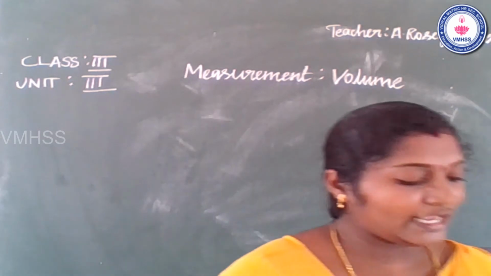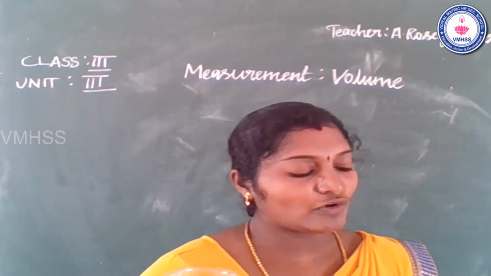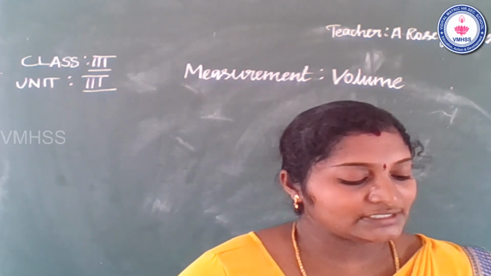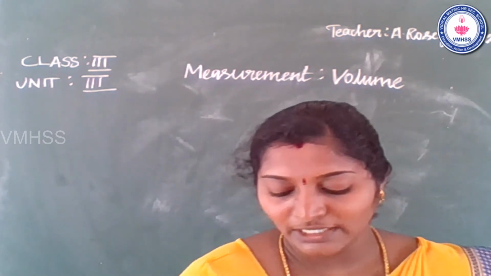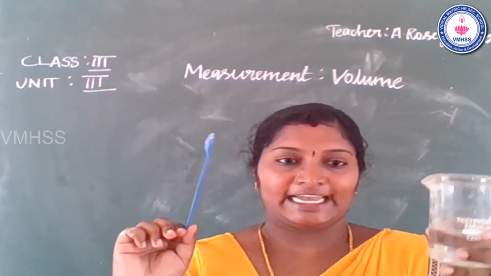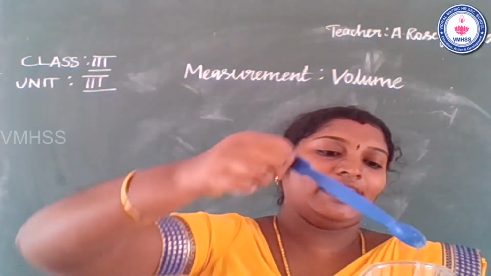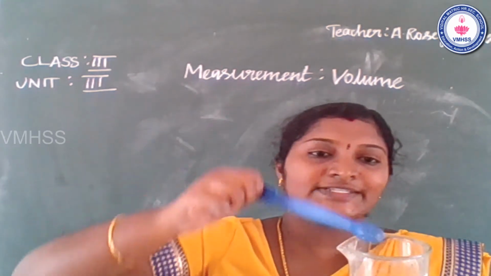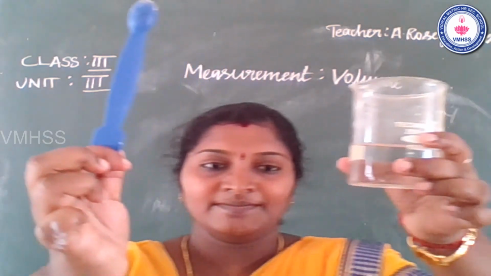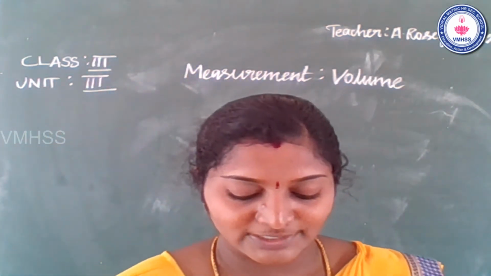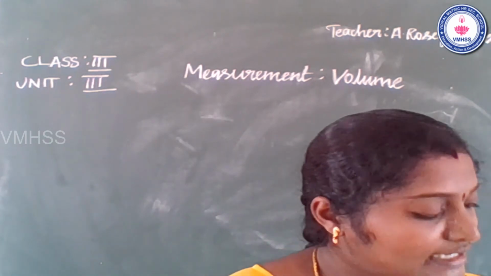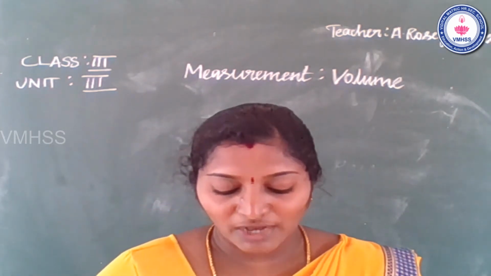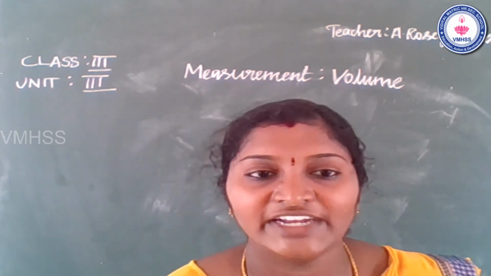Next, keep pouring and counting spoons full of water till the flask is full at the rim. How many times were the spoons poured? I took the spoon 25 times. 1, 2, 3, 4. So 25 times. Next, the count is the volume of the flask in spoon units.